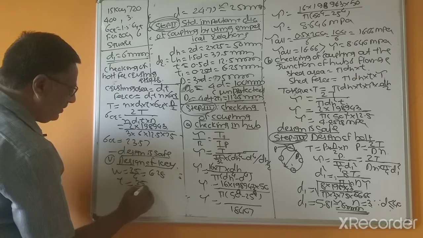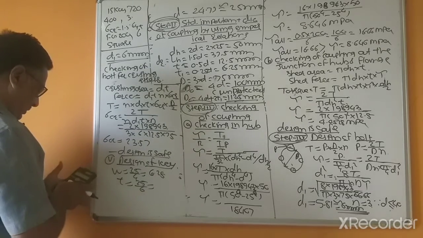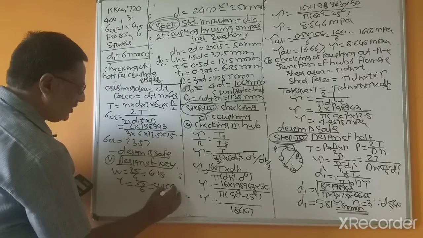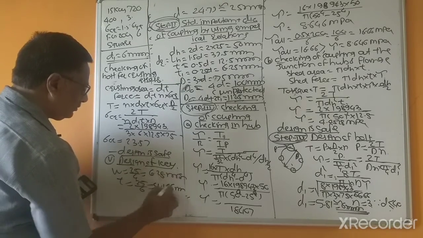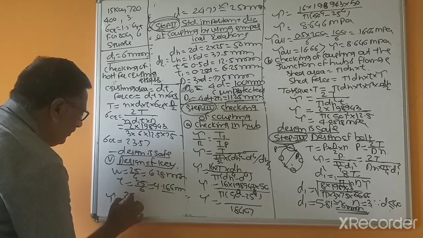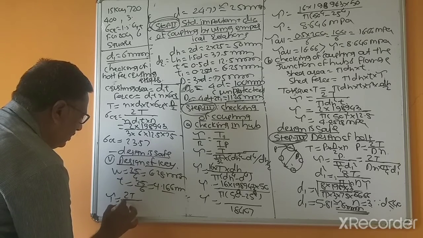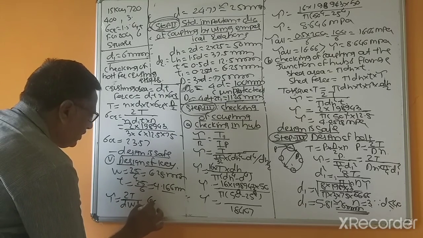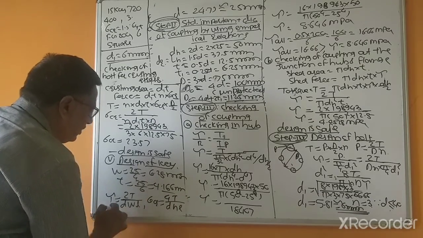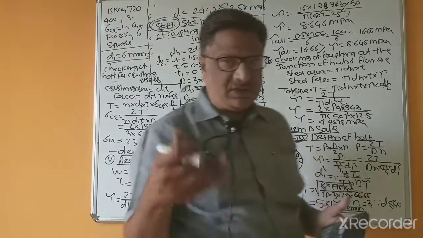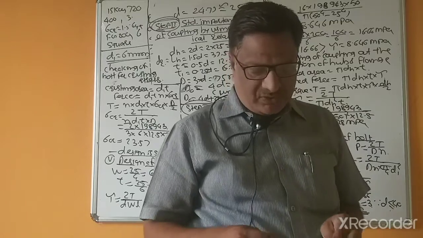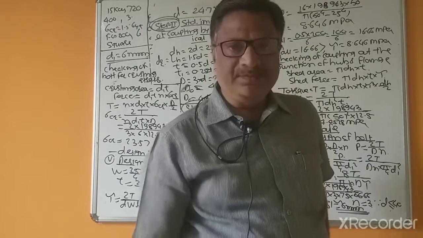Thickness 25 divided by 6, 4.1666 mm, and by using tau equal to 2T divided by d w l, and crushing stress equal to 4T divided by d h l, check whether this design is safe or not, because we are taking more time. We already exceeded the time, so I stop here,